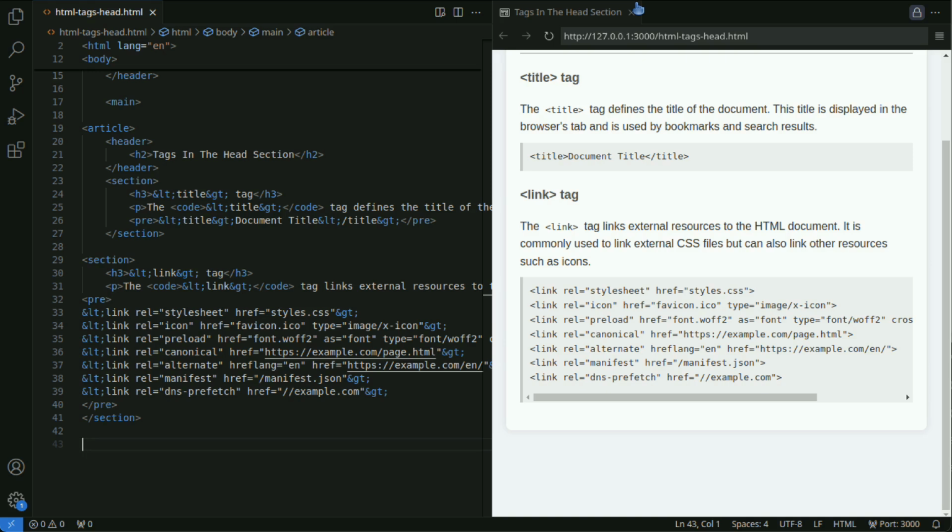Stylesheet is used to link an external stylesheet. Rel equals icon defines the icon displayed in the Browser's tab or bookmark. By specifying the correct favicon, the site's branding and visual recognition are enhanced.